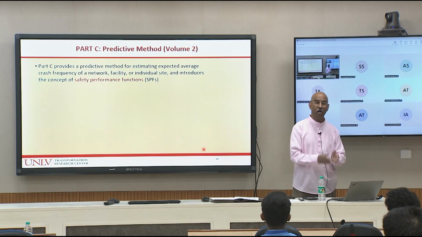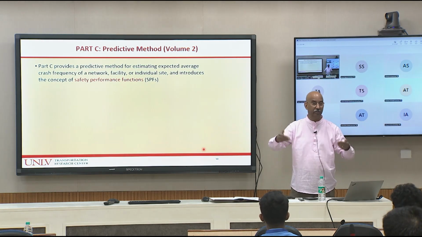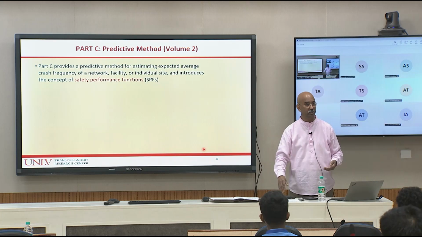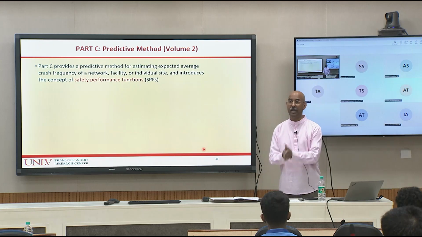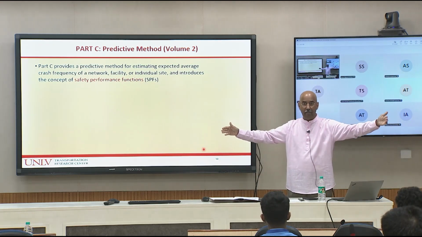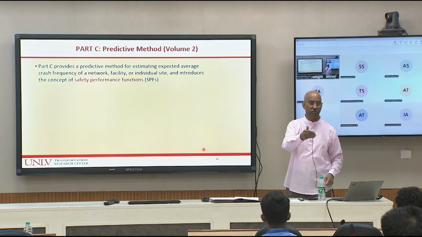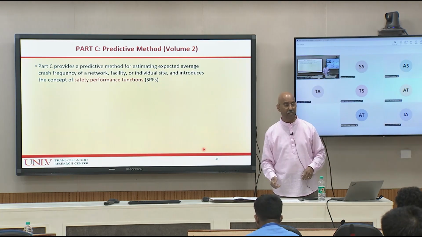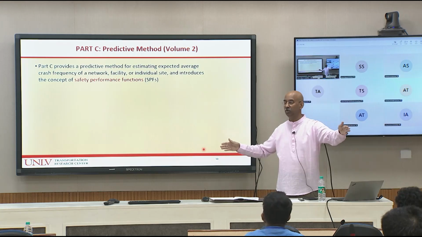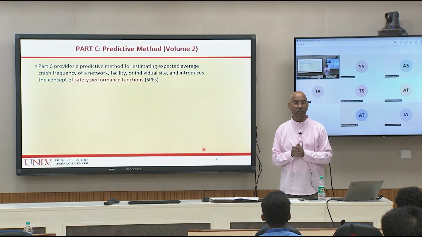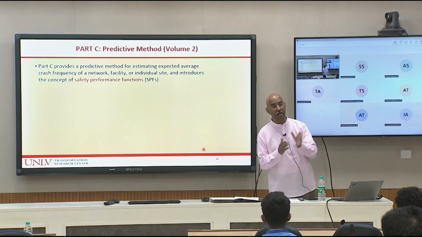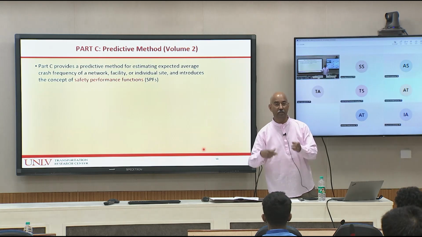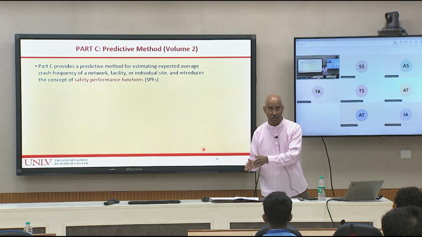What do you have? On a network, it could be an area or similar types of roads in a particular district or in a state. It could be a very specific facility where you have an intervention, the national highway that is going from here to there. It did not have some of these features. Maybe it is rumble strips on the edge. We are going to put rumble strips over the next 30 kilometers on the national highway. So what might be the safety benefit? The rumble strips may be appropriate because we saw that we have a lot of run off the road crashes. So the intervention or countermeasure is going to be based upon the type of problem you had.